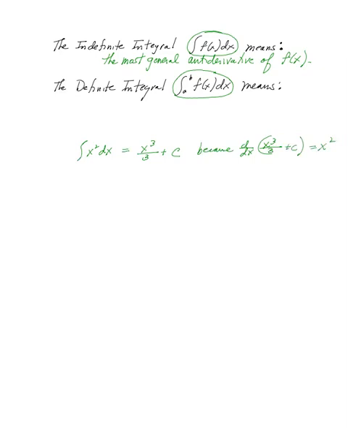Did you write down that a definite integral means the limit of a sum? The limit as n approaches infinity of the sum as i goes from 1 to n of f of x sub i star delta x. Remember, two lessons ago, you evaluated a definite integral. You really evaluated the definite integral from 0 to 2 of x squared dx